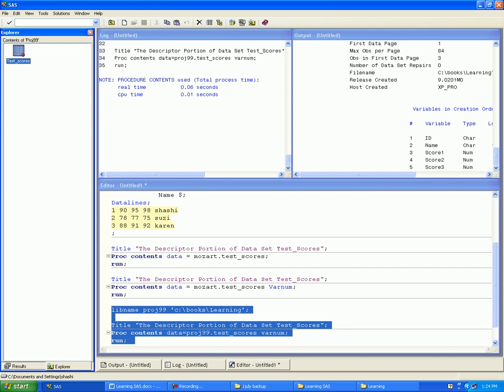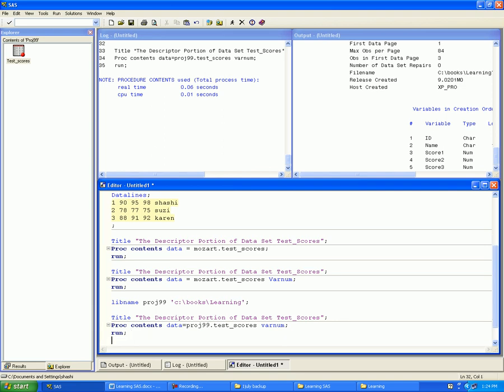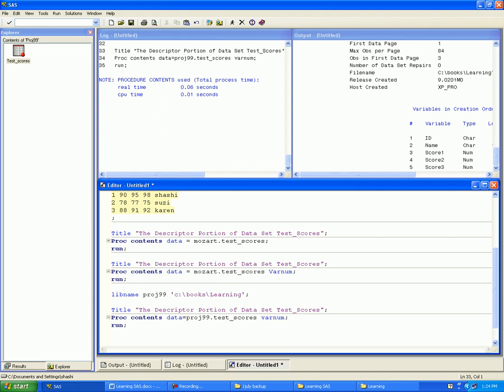Okay, now all the SAS datasets in the SAS library can be listed using the proc contents statement. I'll show you how proc contents will be used. Okay, so listing out all the SAS datasets in a library. Suppose we'll give a title,